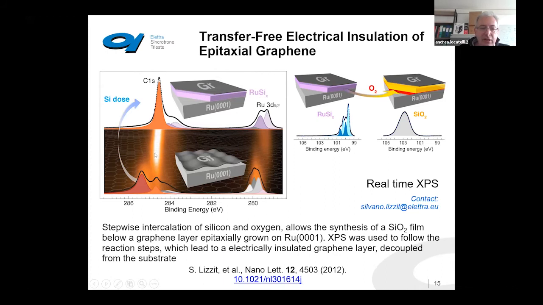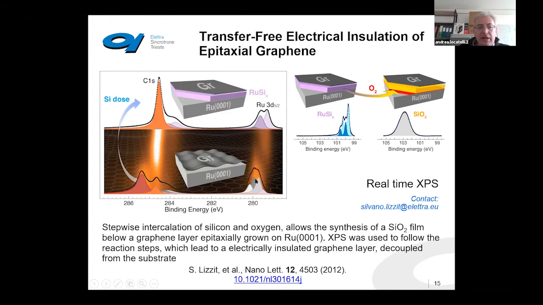And you see here where it becomes bright yellow, the growth of graphene. And then at some point, they also expose it to silicon, and you can clearly see that the initial configuration